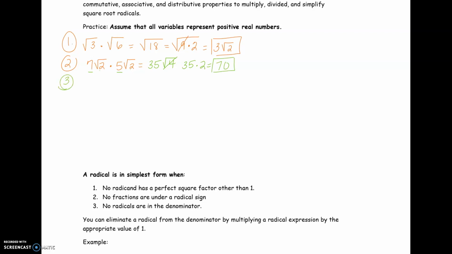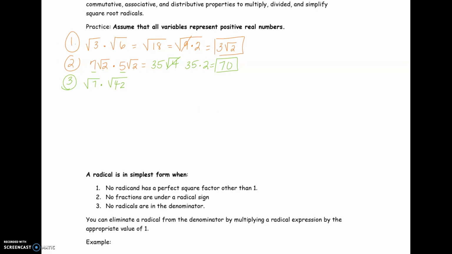The next one, the square root of 7 times the square root of 42. Okay, so I look at this, and you can do this a couple ways. When I think of 42, I think of two factors. I think of 7 and 6. So I'm going to take the first square root of 7, and then I'm going to break up 42 to